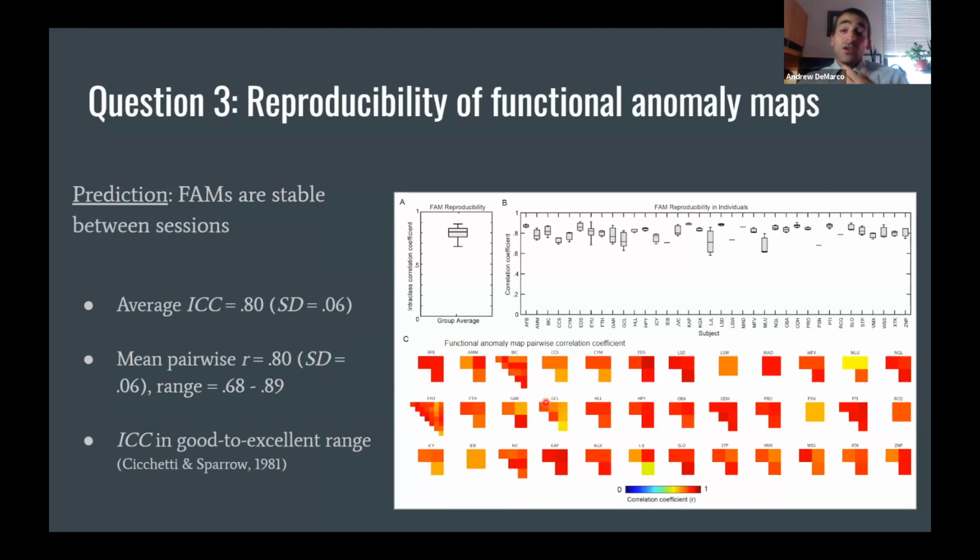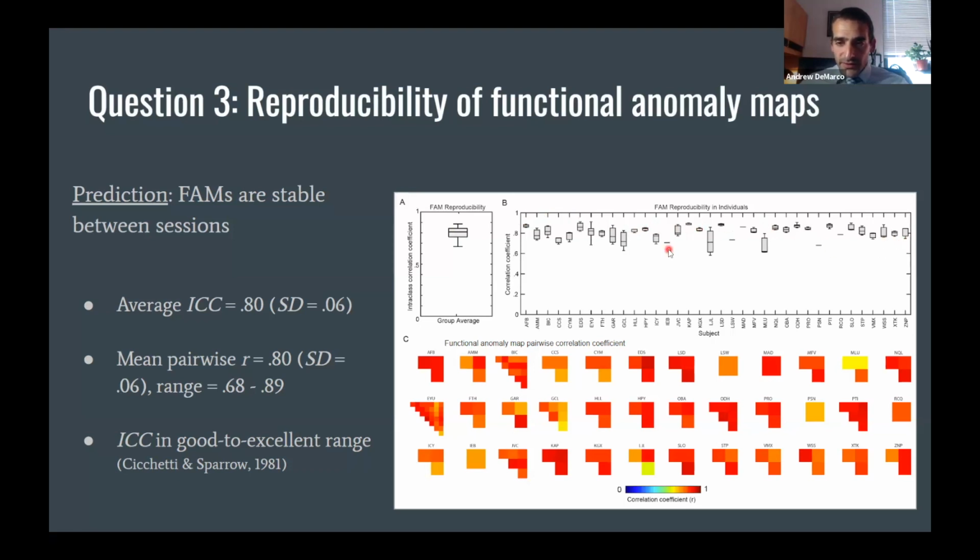Okay, then we wanted to see, were these things reproducible? The answer here isn't so surprising on the basis of the pictures that we saw a little bit ago. We can look at the reproducibility because many patients had multiple scans. And so we did interclass correlation coefficient at the voxel-wise level for each individual patient. And across the group, if you make a box and whisker plot of that, you can see the interclass correlation coefficient is quite high. And then if we show that for each individual subject,